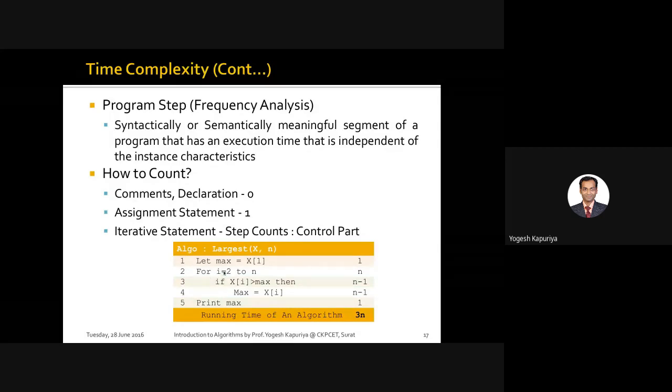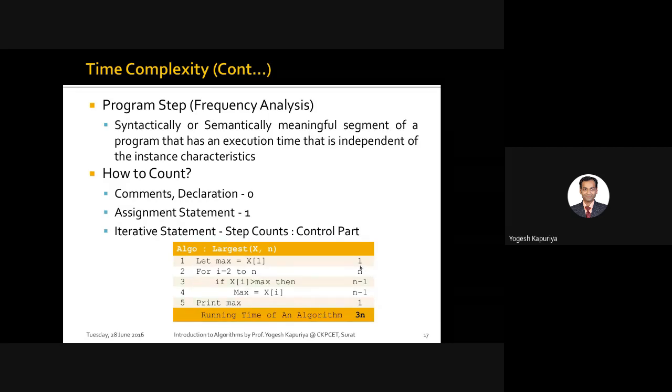So if my value of n is equal to 5, this particular statement, that is statement number 2, is executing 5 times. You may argue that my size is 5, I'm starting with 2, that means I'm starting with the second number, still it is having step count as n.